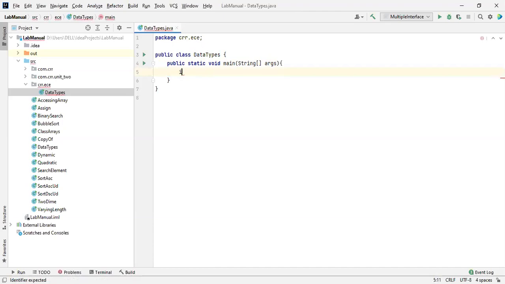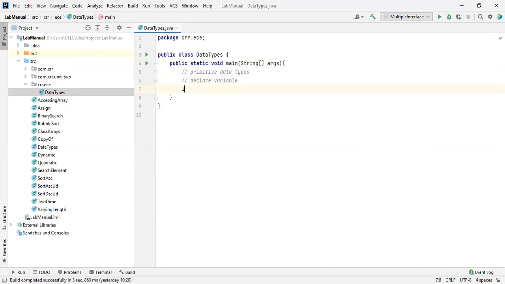Okay, and now we are going to discuss the data types. So int, we are going to discuss the primitive data types right now. Okay, integer. So how are you going to declare a variable? Declare variable. Just int, and then you have to give the name for the variable. It's your user defined name. So this is the primitive data type, and this is i.